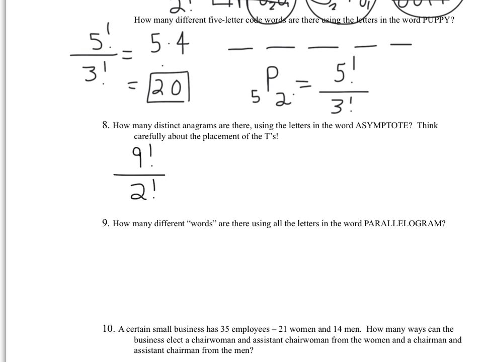Question number 9 is very similar. I have 13 letters in the word parallelogram. So if they were all distinct, I'd have 13 factorial different ways to arrange them. However, as far as the A's are concerned, I know I have 3 of them. So I'm going to divide out that 3 factorial way. I have 2